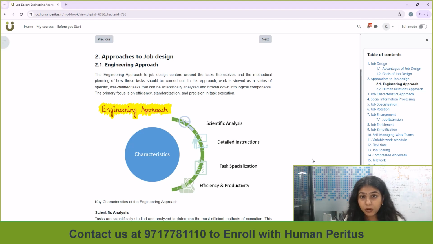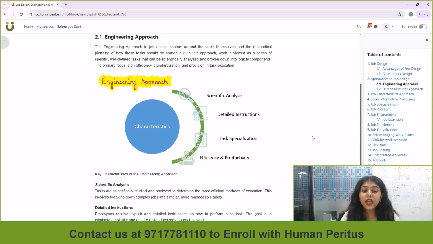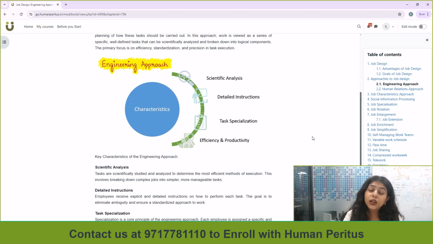Training was done for the employee, selection was done in a way that the demands of the job were being met, and compensation was done on a performance basis. So this approach had all the scientific aspects to it. But what and how it used to happen was task fragmentation. The job was broken down into little tasks, and one task is assigned to one employee, and this employee continues doing that task for a long period of time.